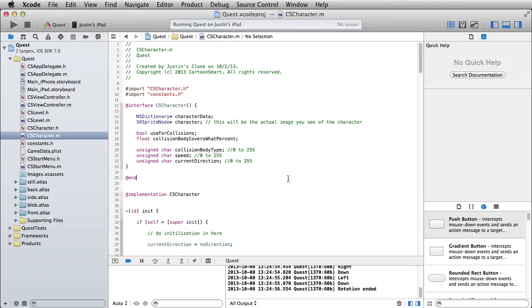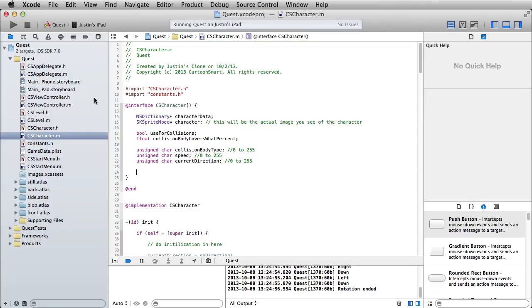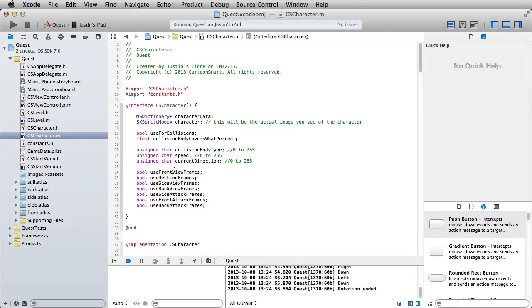Alright, so let's work in the interface section of the CS character implementation file. And what we're going to do, I'm going to cheat my way through this, is just paste in a bunch of bool variables, which will help us obviously organize those properties that we just added. So I'm just keeping with the same names as the ones we put in. Use front view frames, use resting frames, and so on, all the way down here to our use back attack